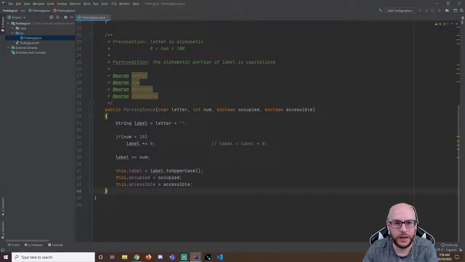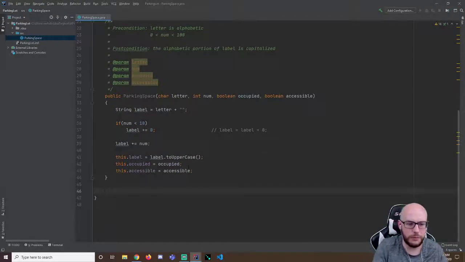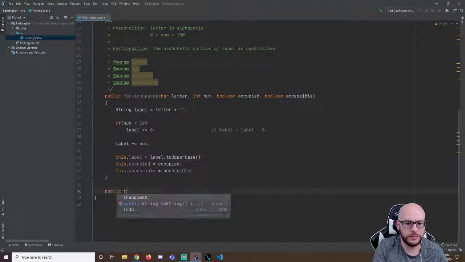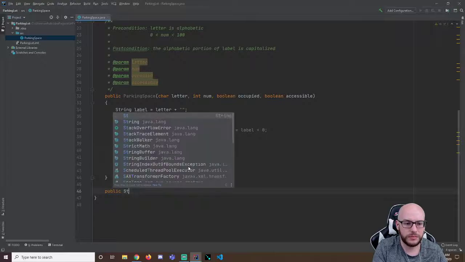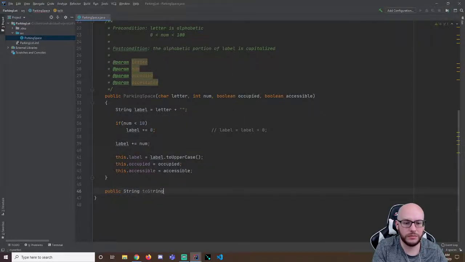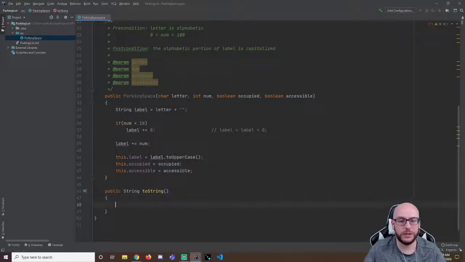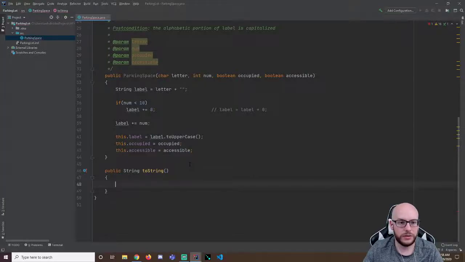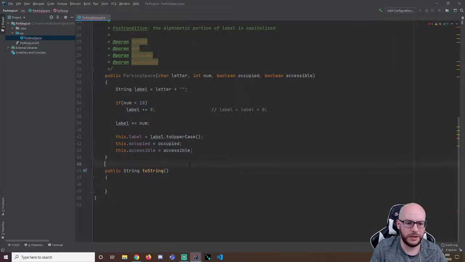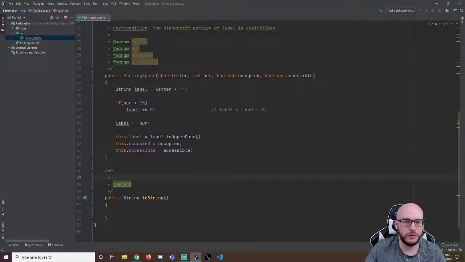I'm to a point where I kind of want to try this out. So I'm going to whip up a quick toString just to see, is our parking space stuff working? So here's what I'm going to do. Maybe I should document what I want the format to look like. It's not quite what our parking lot's going to look like, right? I just want this to be simple just for testing reasons. We're going to return